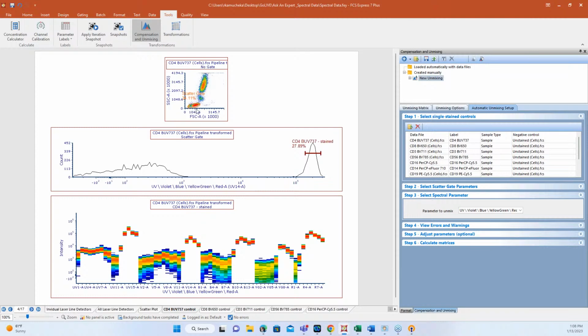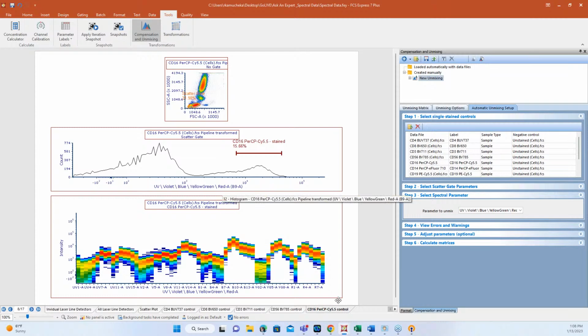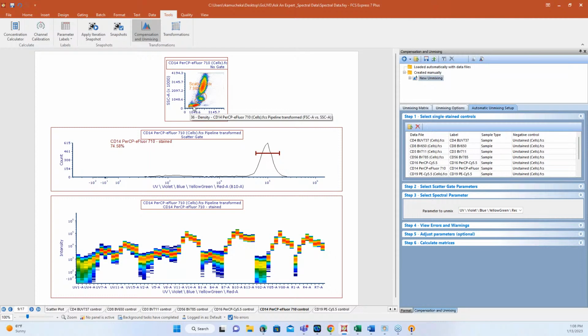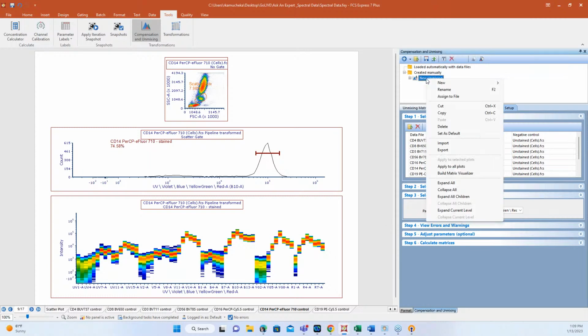I can check my scatter gate because I want to make sure, especially in this experiment, that I'm getting the right population, right? Because I'm not going to get a good signal for certain populations if I have the wrong thing selected. So if I have the lymph population selected, I'm not going to get a good monocyte population showing. So I had to increase or move that scatter gate to make that data specific here so that I could then see my peak and help the software define and separate this a little bit better.